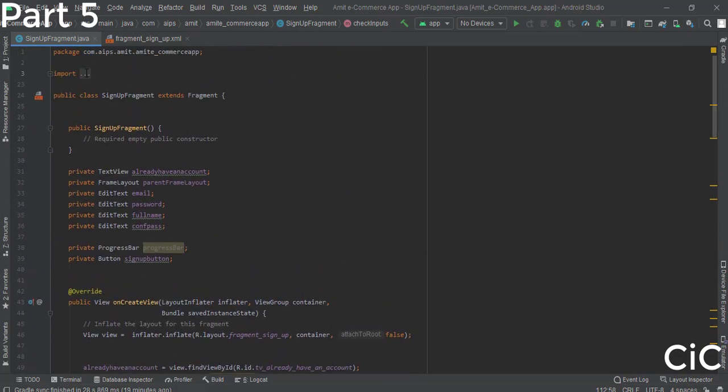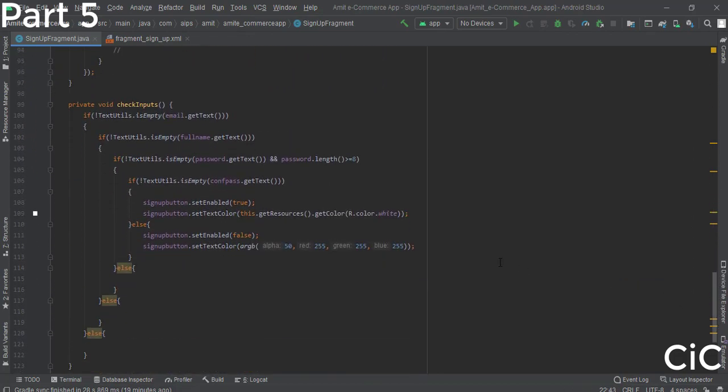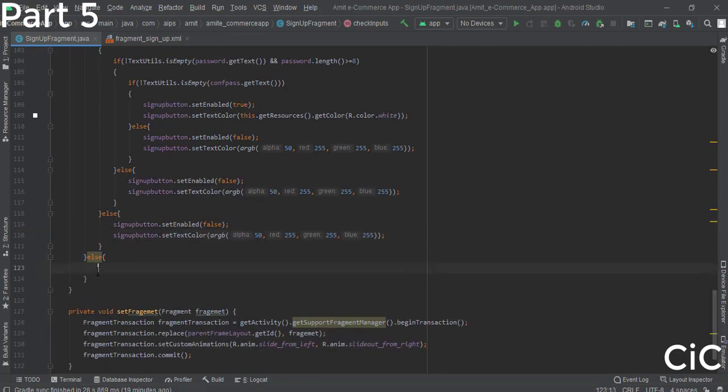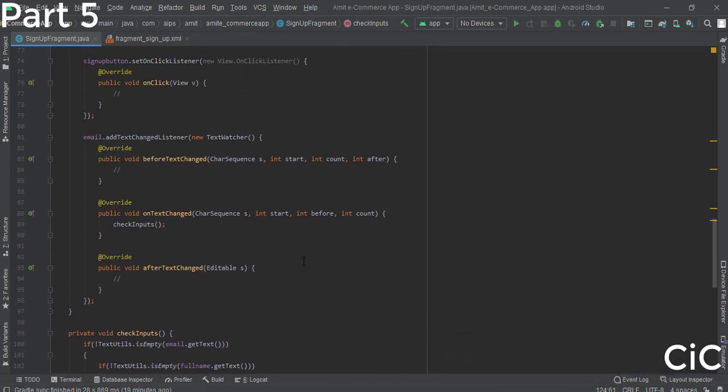And now you can check here that this android.graphics.Color has been successfully imported. Now we will just copy paste this in all the else parts, because the condition will be the same. Okay, so let's go ahead and copy paste it there. So we have copy pasted this now.